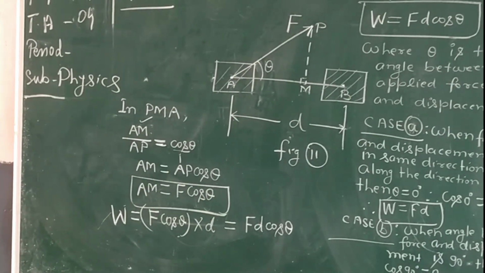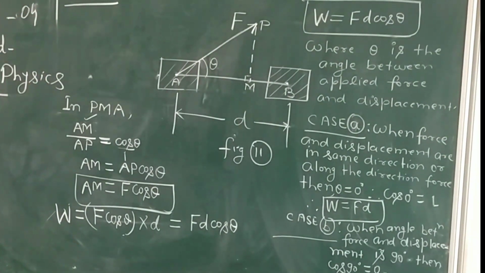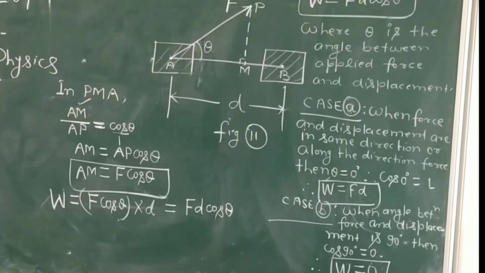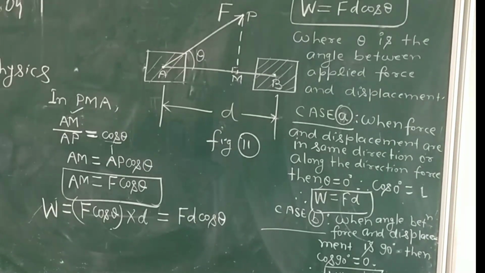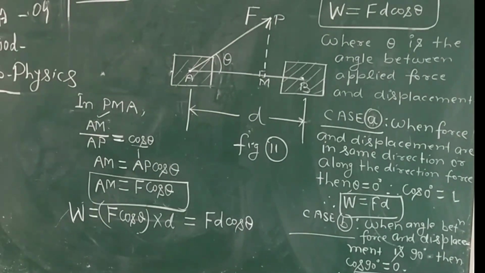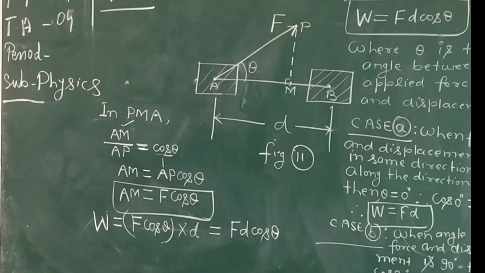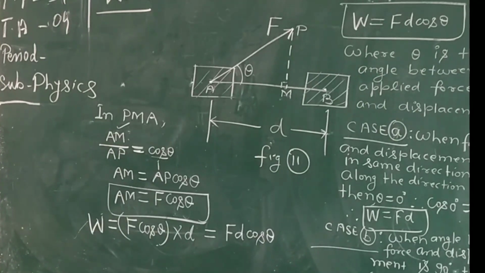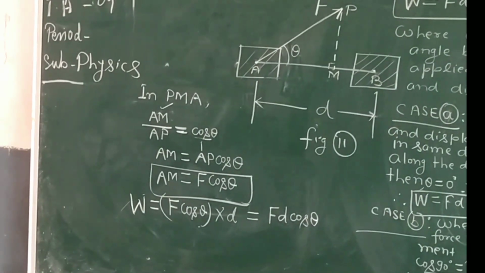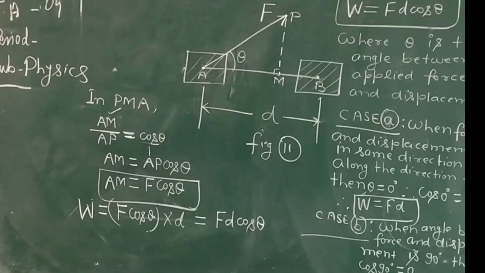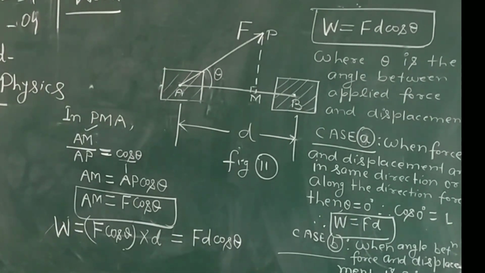In the case of a coolie who keeps a burden or load on his head, the weight of the load acts in the downward direction, and if the coolie moves in the horizontal plane, the displacement is along the horizontal direction, while weight acts in the vertical direction. So the angle between the displacement and load is 90 degrees. Therefore, theoretically the coolie does not do work, that is, work done is 0 in the case of a coolie.